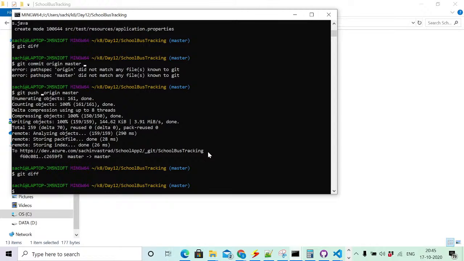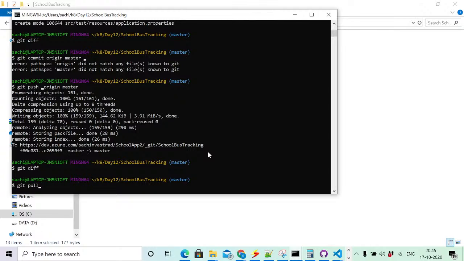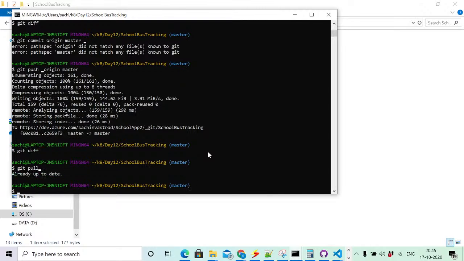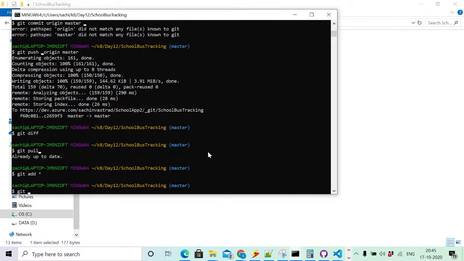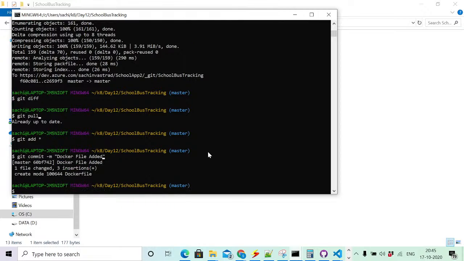Okay, so it's not showing anything because, let me do git pull. Okay, so let me add the Dockerfile. Docker file added. You can see that one file is added now. So now you can push it, use the same command,